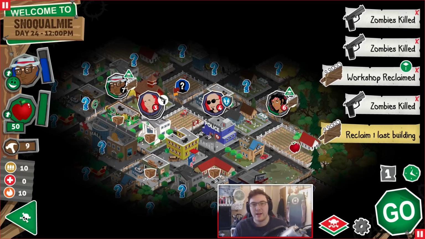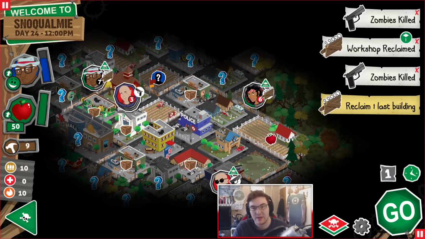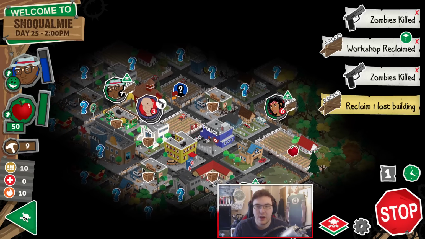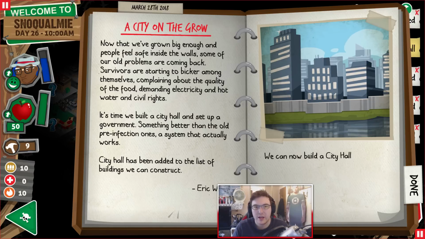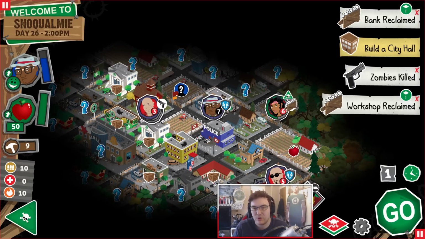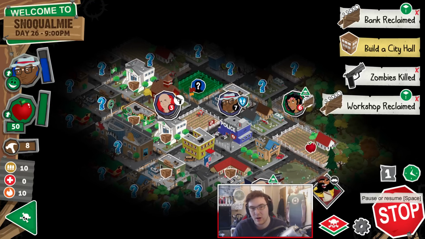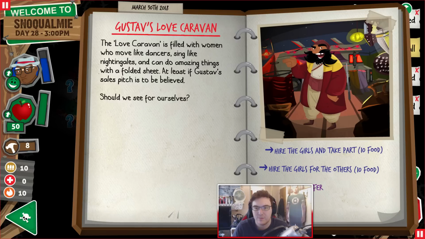And what I also realised was if you send your leader to go and talk to people like this, then it works out better. So once she's done that, I'll send her in there to talk. Because if they've got leadership skills, they're more inclined to... it's time we built a city hall. So we're already nearly done level 1. I mean, technically you can claim the whole map. However, it doesn't really help. Like, you don't carry over resources or anything, so...